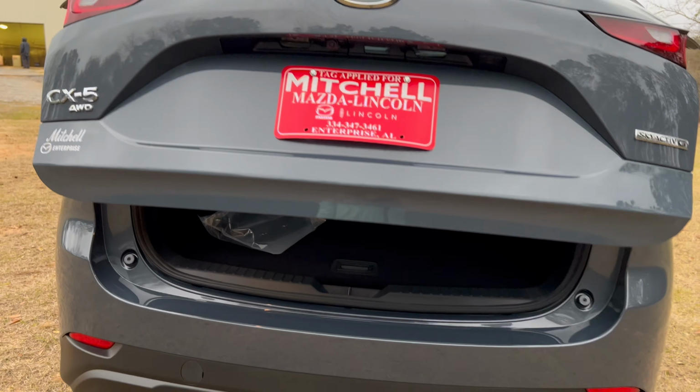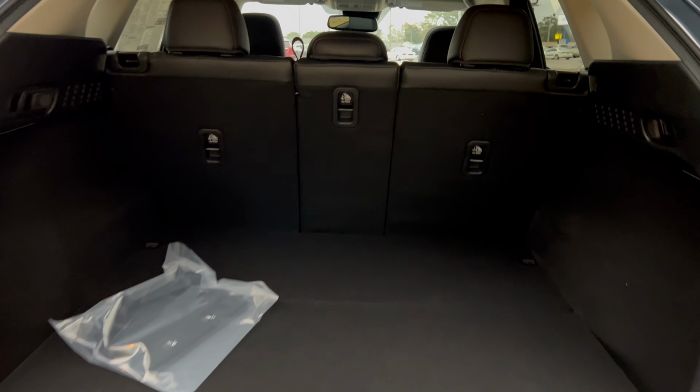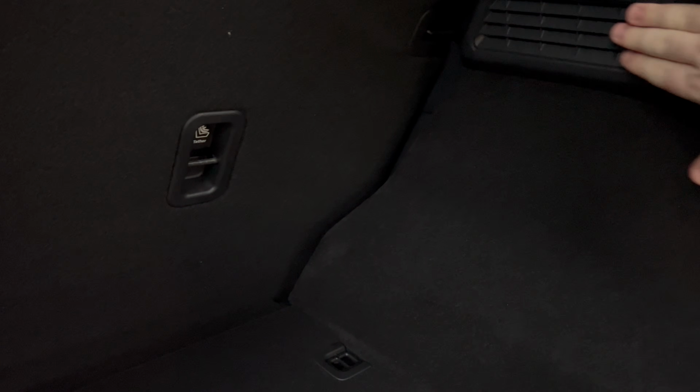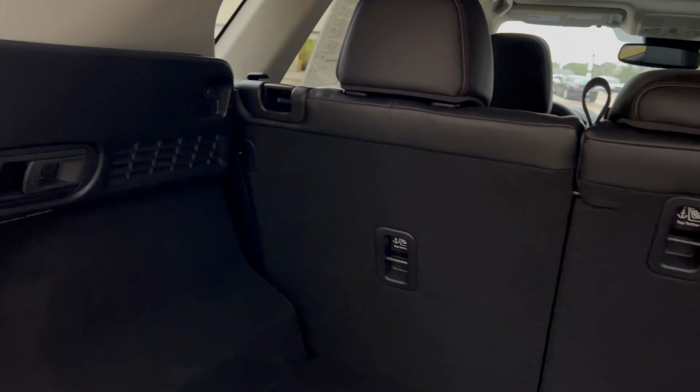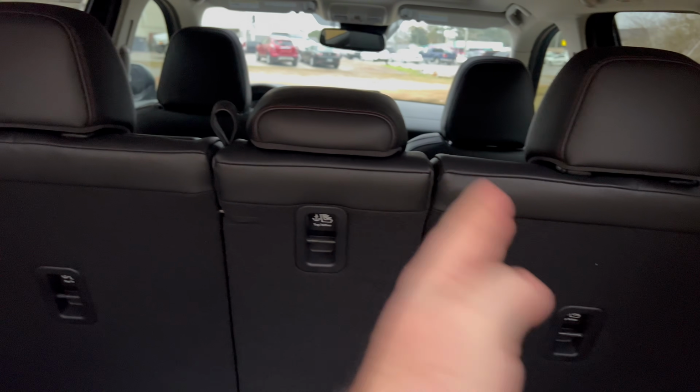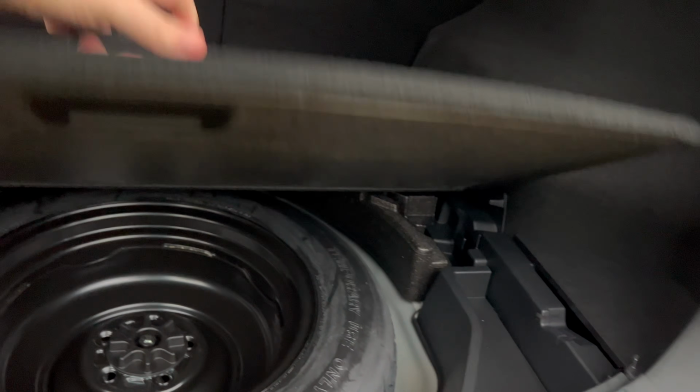Power lift gate in the rear. And as we take a peek inside, still have our controls here for folding these down. And as far as some slight changes, you see these little vents here on the side, so those are new. However, still have the same functionality. You can fold this down 40, 20, 40. As we take a peek underneath,